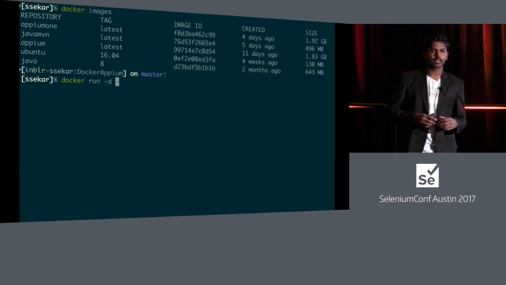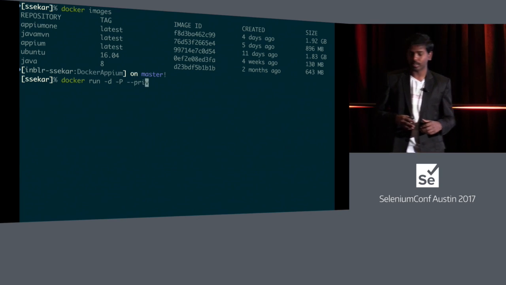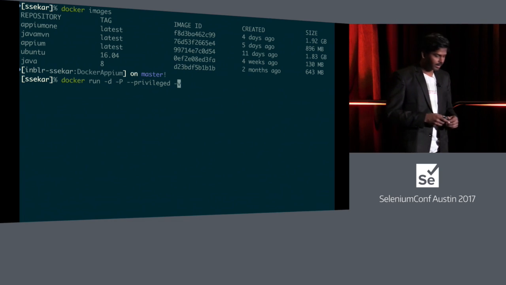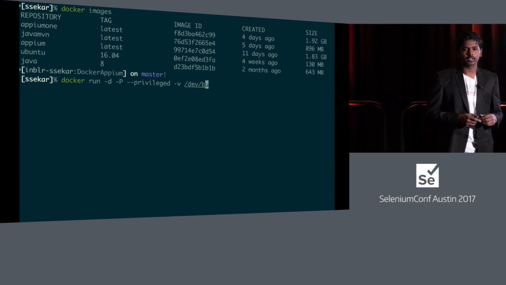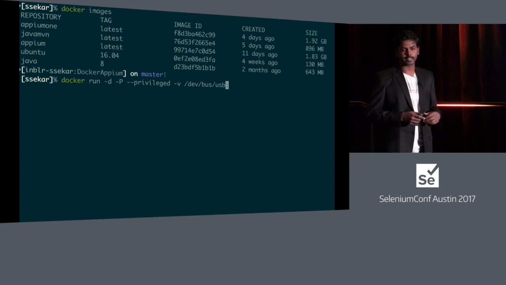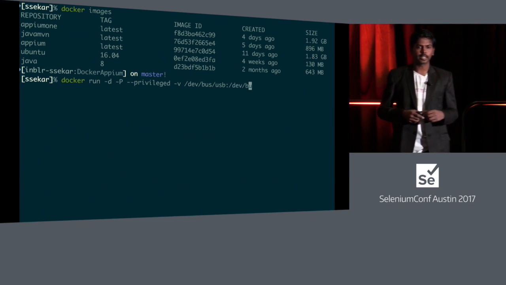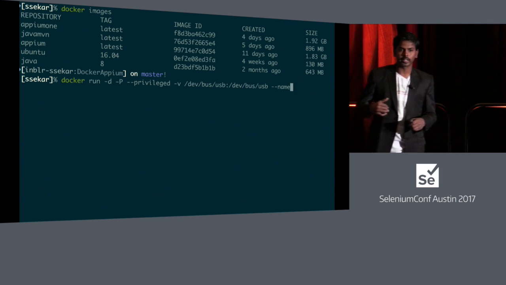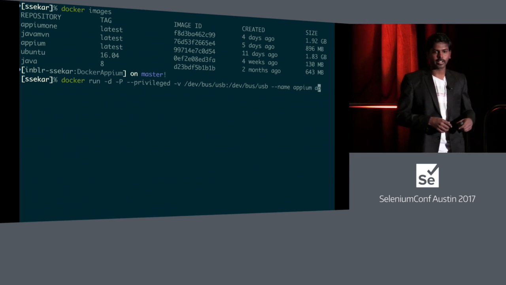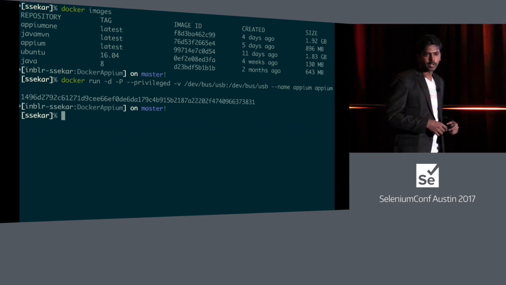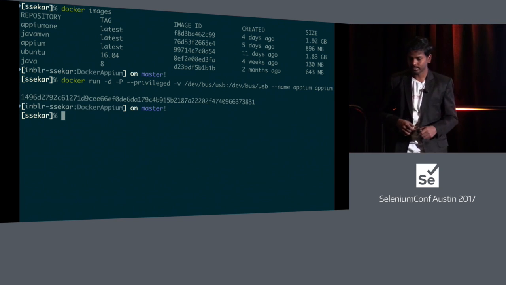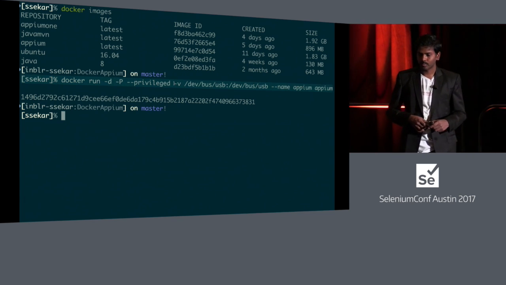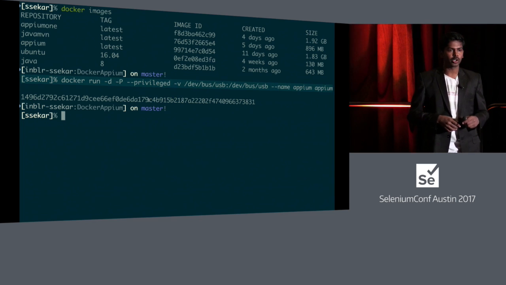The Docker command to power up the container from the Docker image is docker run -d, and -p is for porting. It assigns port 4723 to some of the ports so that we can access it. I am saying it should have privileged access, and then I am mounting the volume so that a real device connected to my Mac PC has access to the container, so that I can run on my real devices. So you can see that the Docker container is up and running, with privileged access and volume mounted.